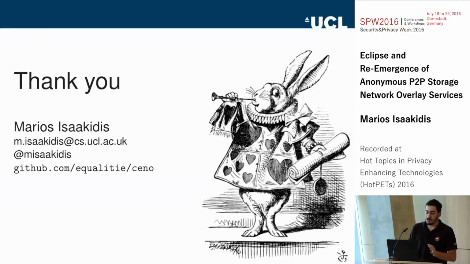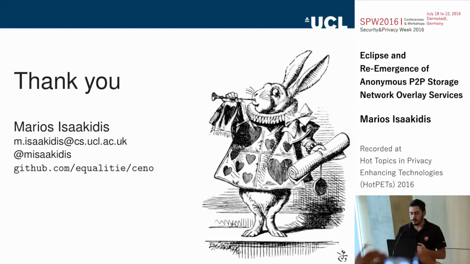So this is what I would like to actually propose with this talk: if you are building a privacy enhancing application, maybe you should also consider the alternatives to Tor and I2P. Systems like Freenet and other anonymous peer-to-peer storage networks could provide better properties to your systems depending on the case.